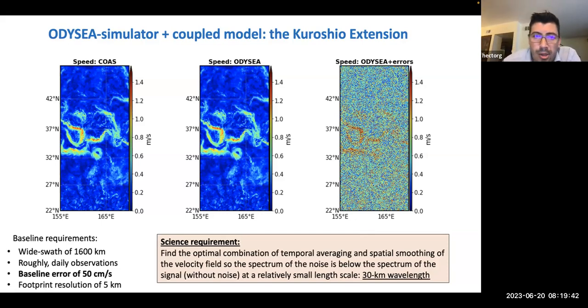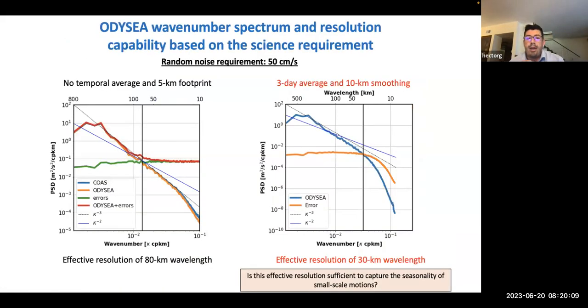So this panel is just to show how the ODYSEA simulator operates. Here we have the nature run. Let's say nature run, this is the coupled simulation. Then you have the ODYSEA sampling, and at the end, we have the ODYSEA with the random noise added. Remember, I'm using the 50 centimeters per second. And so first is to identify the best combination of temporal sampling and temporal averaging in order to retrieve the 30 kilometers